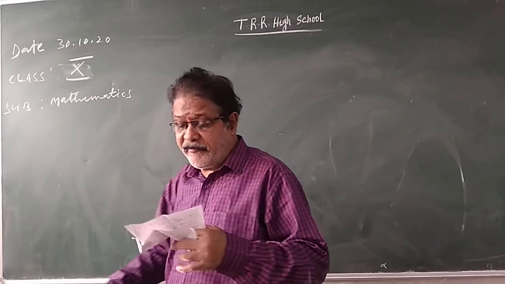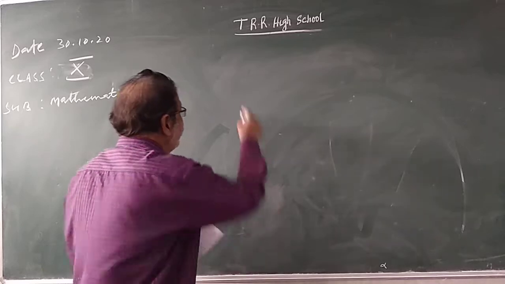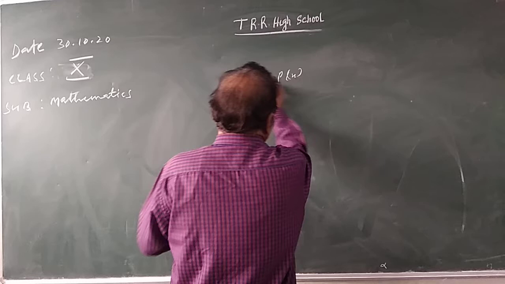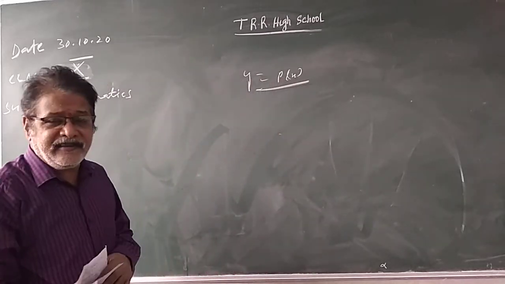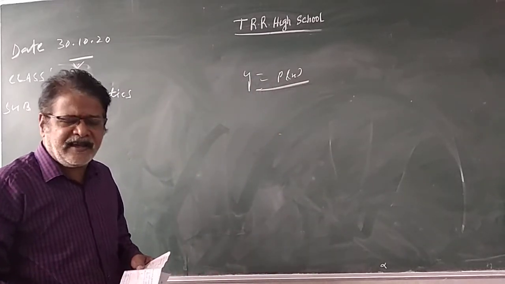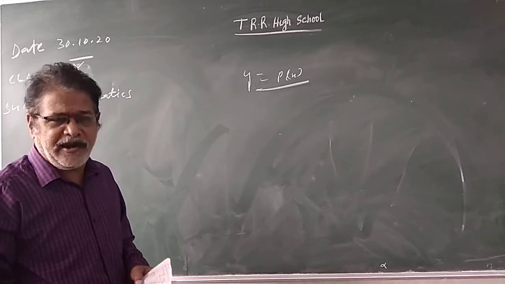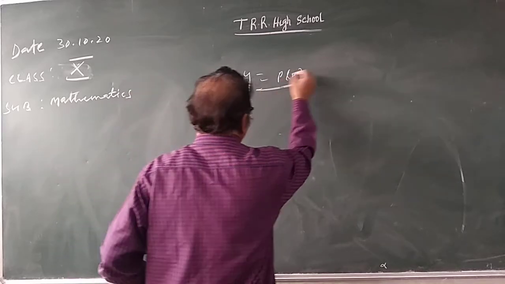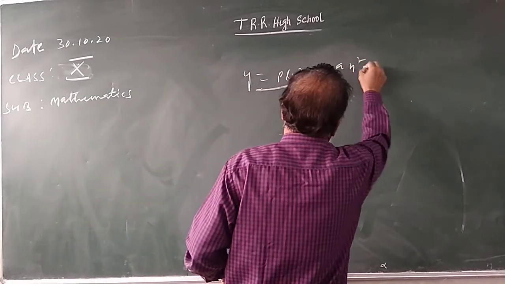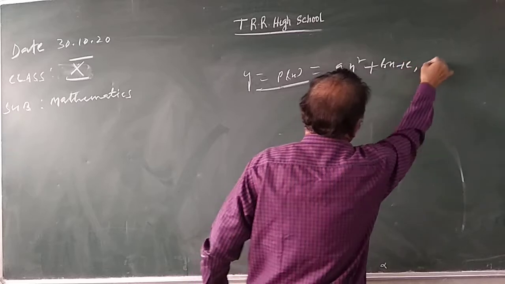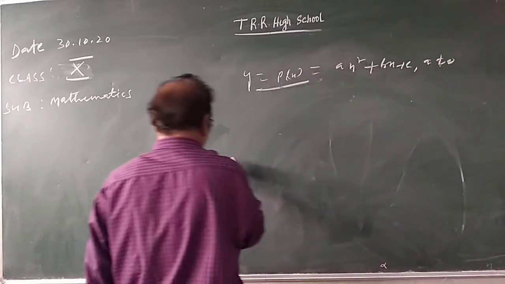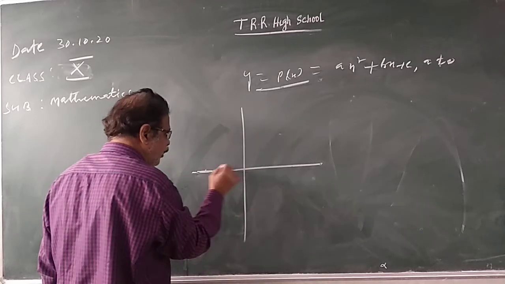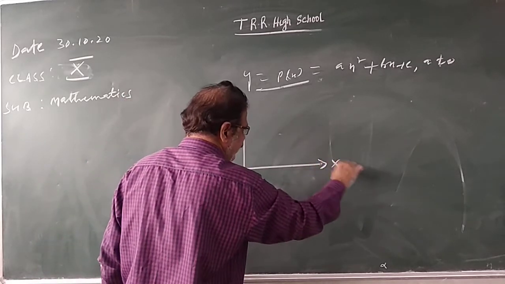So in general, for a polynomial of degree n, the graph of y equals p(x) intersects the x-axis at distinct points, and they are the zeros. If you take y equals p(x) equals the quadratic ax square plus bx plus c, where a is not equal to 0, how do we find the zeros from the graph, without calculating?